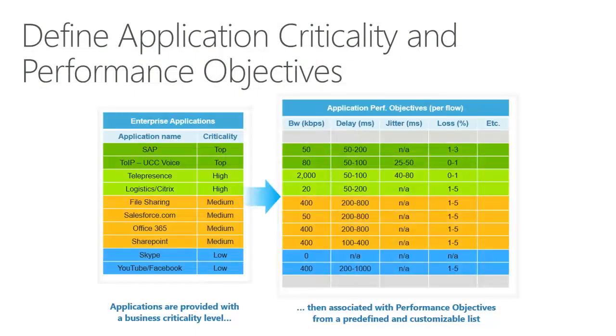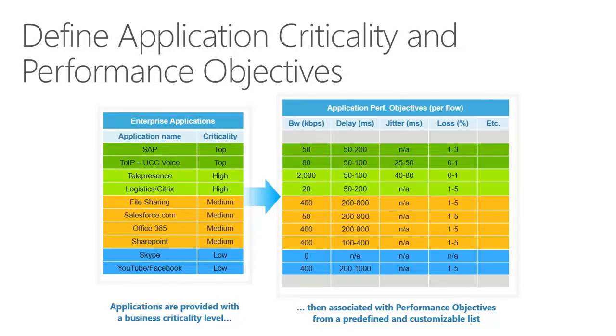Let's have a look a little bit about application performance metrics. Now, if you remember in phases 1 and 2 of my rollout plan, we spoke about understanding what's going on in the network. And the way to measure and control traffic is to be able to identify it. So you need some kind of DPI mechanism to be able to pick out SAP or to understand which web app you're using, to differentiate between people watching YouTube and chief exec video conference, which is probably slightly more important, to be able to understand the codecs that are in use in the voice and video environment and the bandwidth requirements associated with them.